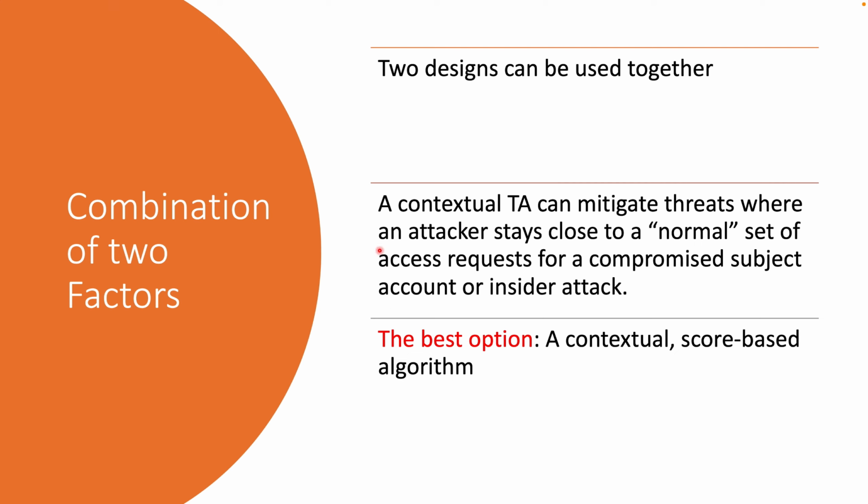Actually, the two factors are not always dependent on each other. The two ways of design can be combined together. It's possible to have a trust algorithm that assigns a confidence level to every subject and device and still considers every access request independently. And this white paper also thinks that a contextual score-based trust algorithm could be the best option to design a trust algorithm